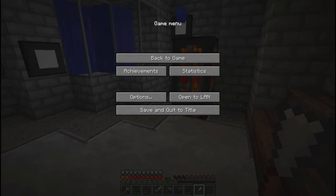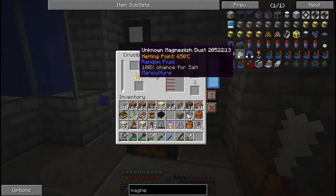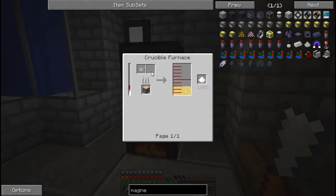2400 divided by 900, it's 24,000, not 2400, right? Divided by 900. And that's 26 blocks to make enough to get the chance to get this one unknown Manglish dust. And then the Manglish dust, uses for that is we could put it back into a Crucible Furnace and make molten